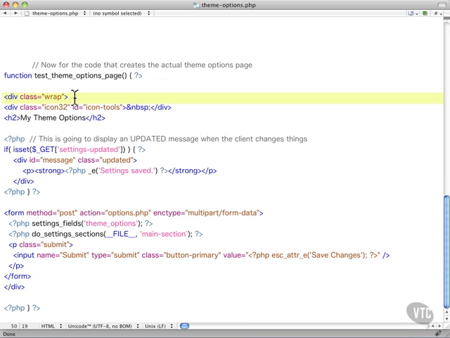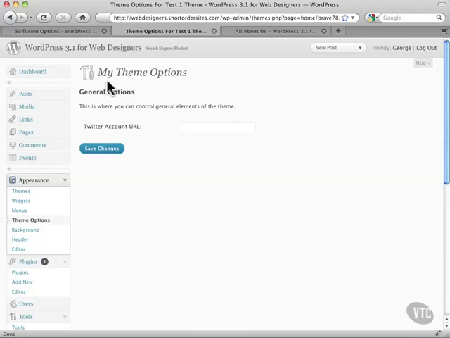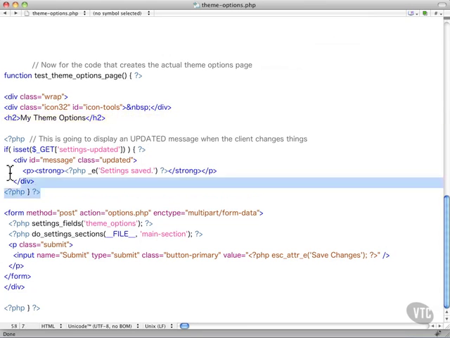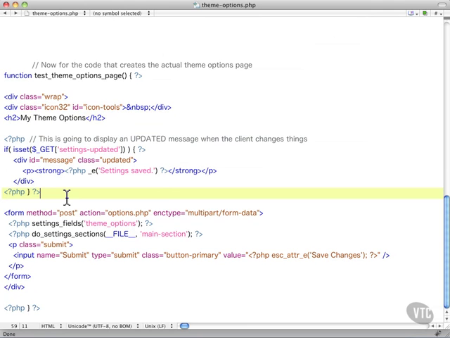Okay, so you do this class wrap over here. Now I'm actually using icon 32, which is built into WordPress. You can find lists of these on the web. This particular one produces tools for us, this little icon right up here. There's my theme options. Right, so that's what's going on right here. This is a little section we put in, so that's just a message for when there's successful updating. And then finally,